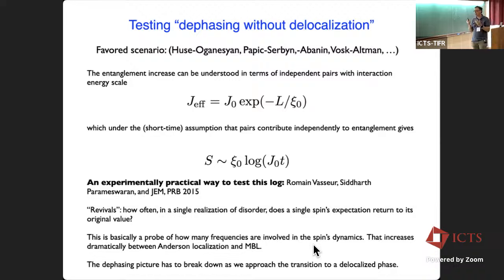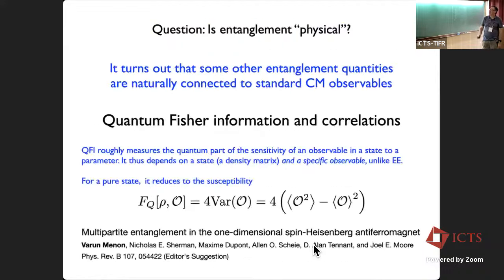And that's the part that made me think that this is probably the right picture. So this kind of simple picture of decoupled two-level systems has to break down as we get close to the transition to delocalization. But I don't know of any better picture in the last few years. So I think now,